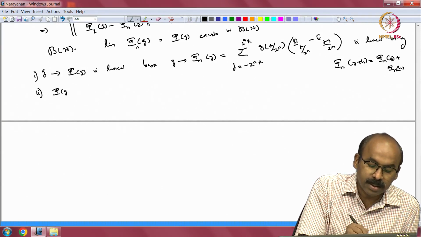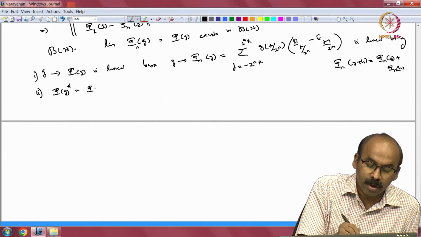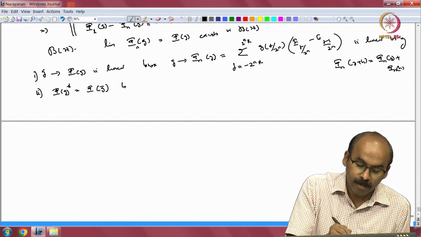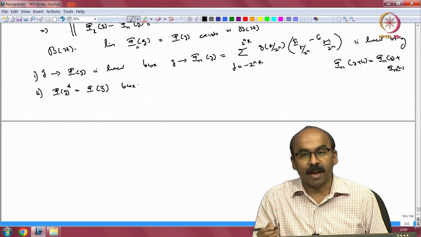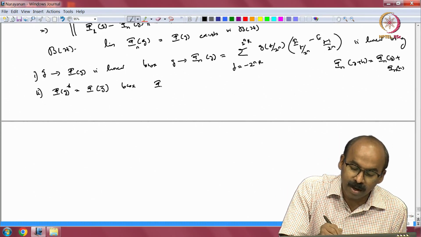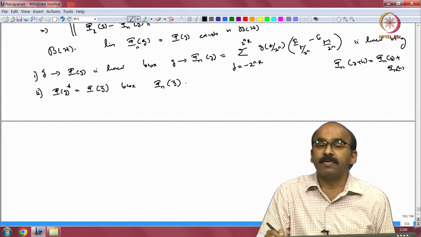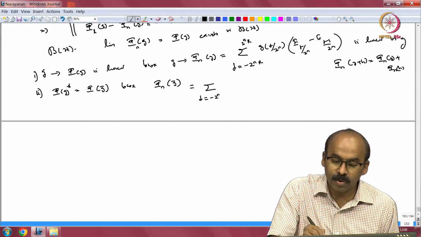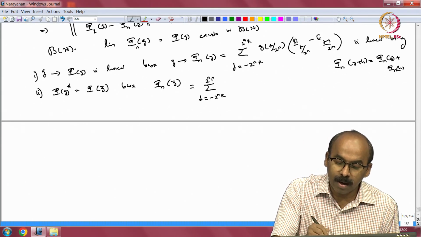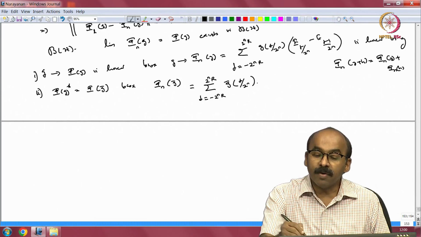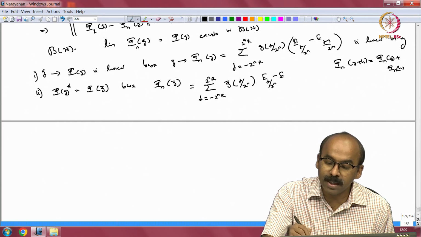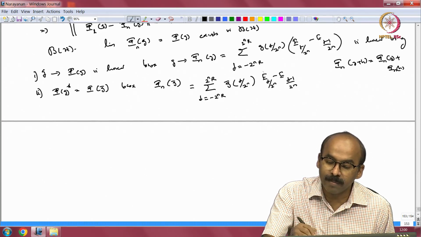Okay. 2. So, what was the second property? Phi of g star is equal to phi of g bar. Okay. This is true because, well, the same thing is true for phi_n, right. So, phi_n of g bar, well, what is phi_n of g bar? Let us write down the expression. So, that is the sum over j equal to minus 2^n r to 2^n r of g bar of j/2^n, right, and whatever remaining is self adjoint projections, right. So, E(j/2^n) minus E((j minus 1)/2^n),